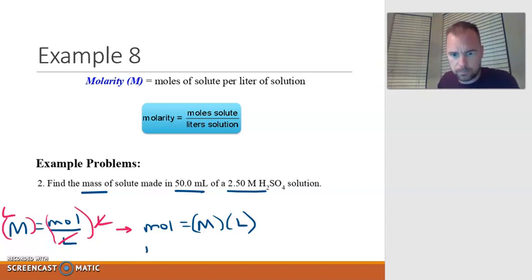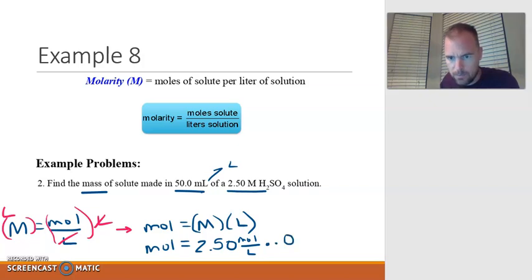So my number of moles can be found by taking my molarity, which the problem gives me. It's 2.50. Now, I'm not going to write molarity. I'm going to write moles over liters. It's the same thing, but I'm doing that for a reason, because I want you to see that when I multiply it by the volume in liters, which, if I convert milliliters to liters, would end up being 0.0500 liters, right? When I multiply those two, the liters cancel out. That's why I wrote it like that. And so 2.50 times 0.0500, I end up getting my number of moles would be 0.125